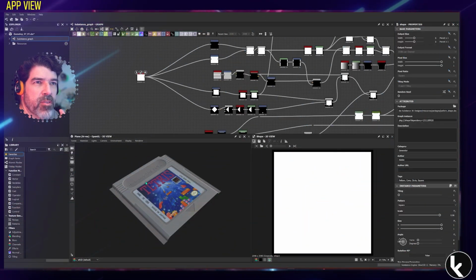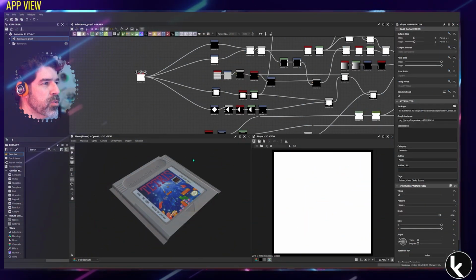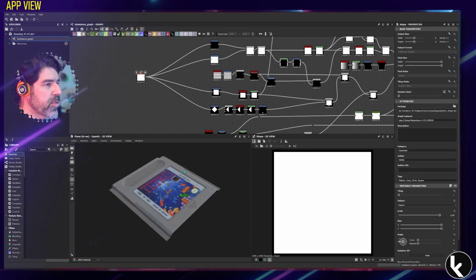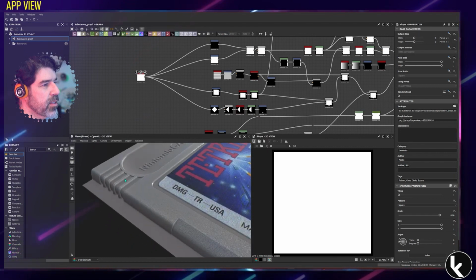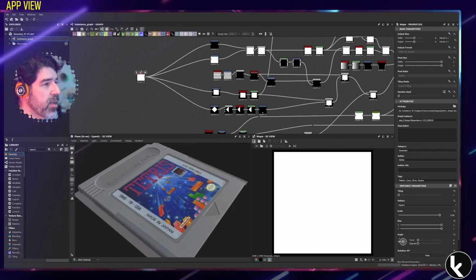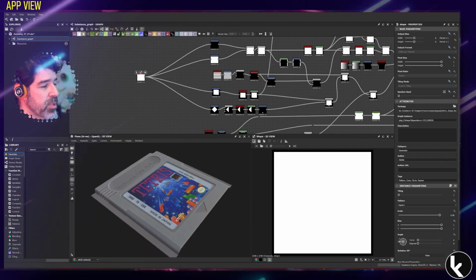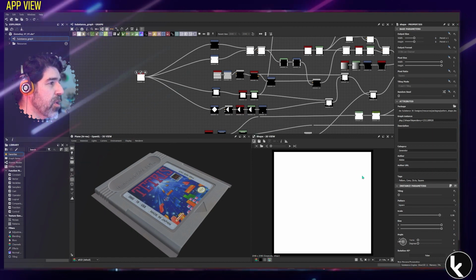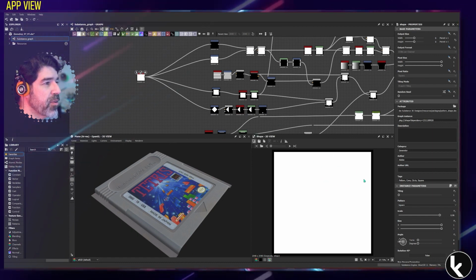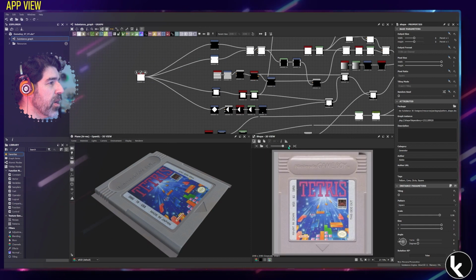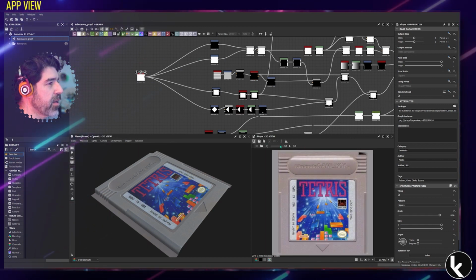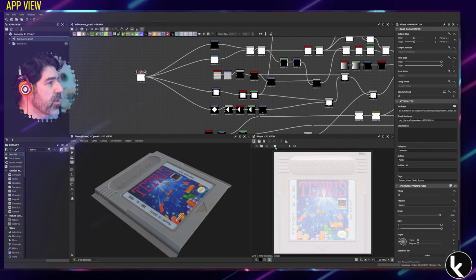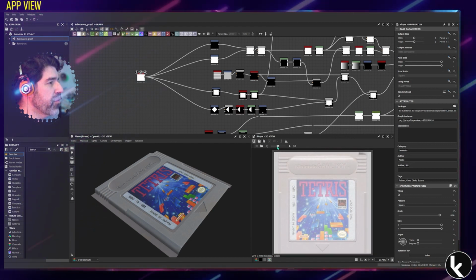Using Substance Designer. So now we are here inside Substance Designer, and let me show you some steps to achieve this. As you can see, the model is already done. Just made it by textures. First thing you want to do is to drop a reference texture here. So I already have my GameBoy Cartridge right here as a reference,